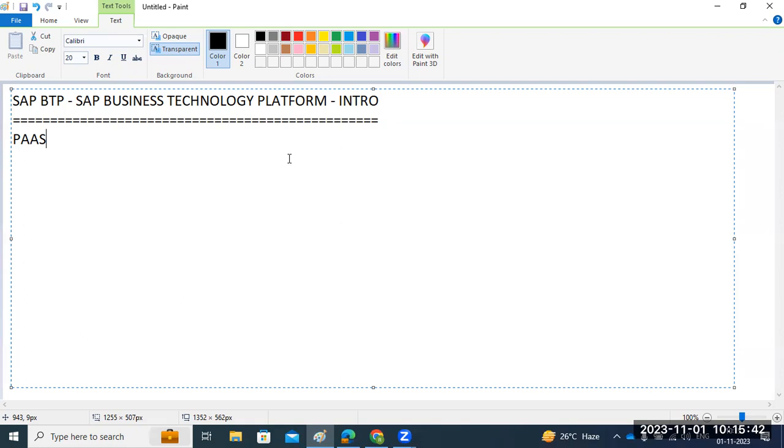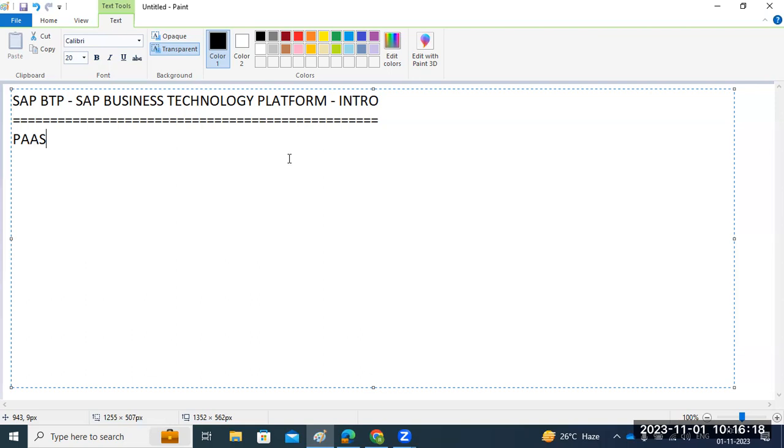with BTP you are just taking the rent of the services, BTP services, either database services or artificial intelligence services, some automation kind of things, some development kind of things, just taking the services from SAP. It is just for rent purposes. You are taking the services and using them for your business, right? SAP provides all the necessary resources to create your business solutions. SAP is providing all kinds of services and applications to you, so that it allows you to